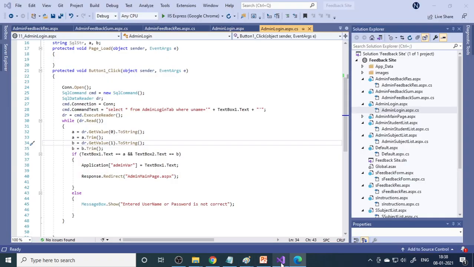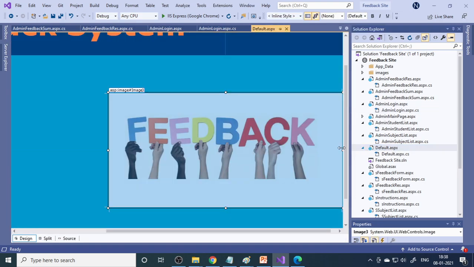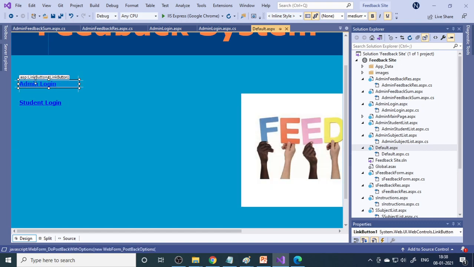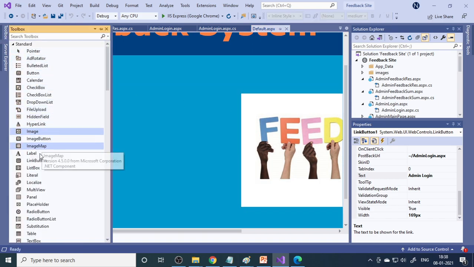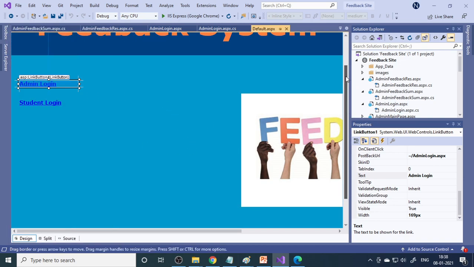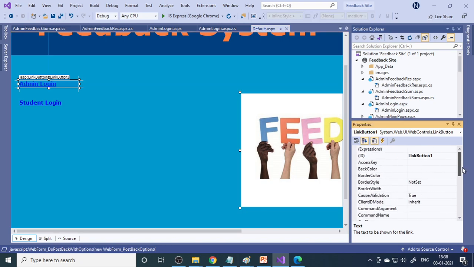So I'll show you this page. Here is the default page. You can see there is a picture on the right side, and on the left side we have two hyperlinks, or they are called link buttons here. The link button is available in the toolbar. We also have a hyperlink. With a hyperlink you don't have a button-like structure, but you can still link to other pages. A button we can configure: we can change the background color and the foreground color, all possible.